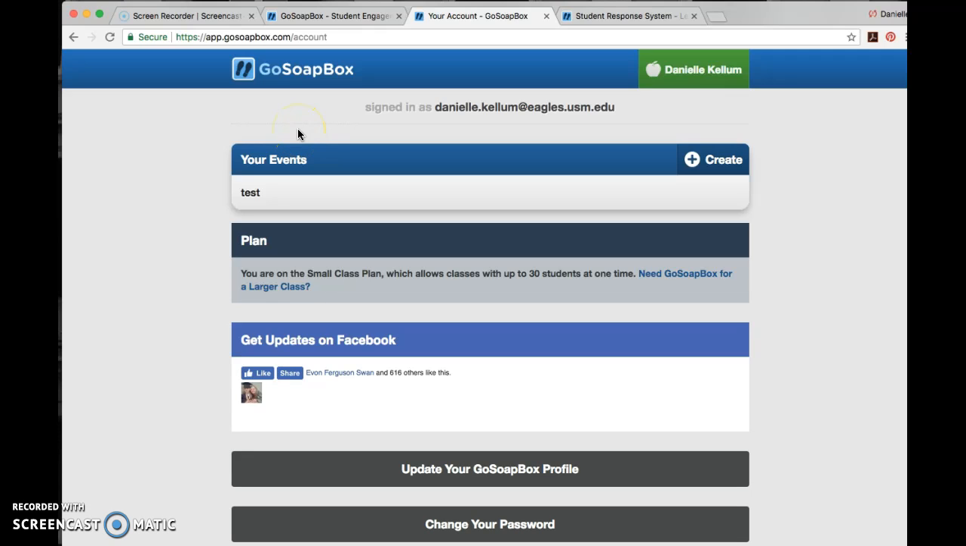at this screen. From this screen, it tells you we are in the small class plan. In other words, we can have 30 students online at one time. If we need to go larger, it's going to become fee-based, but most classes are relatively small, so you could get away with this one. I have set up a test event that we're going to go to. It is from this event that I'll be able to set up for